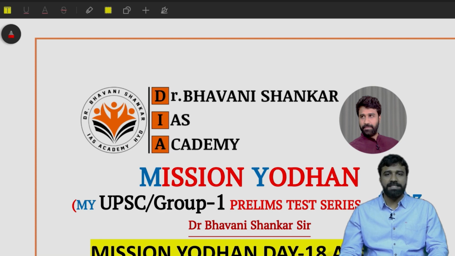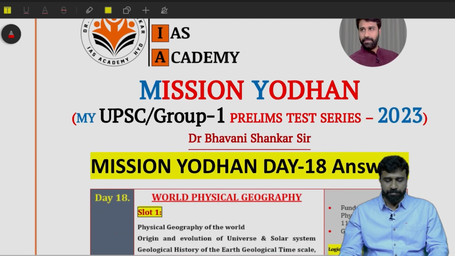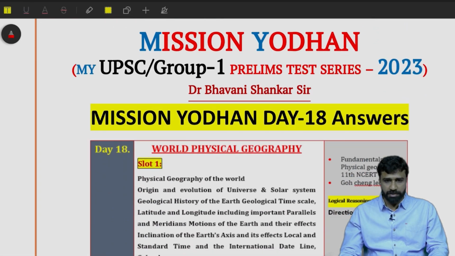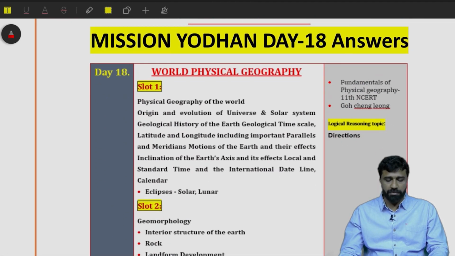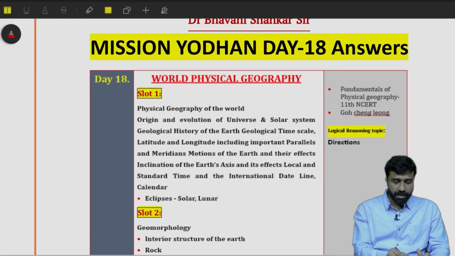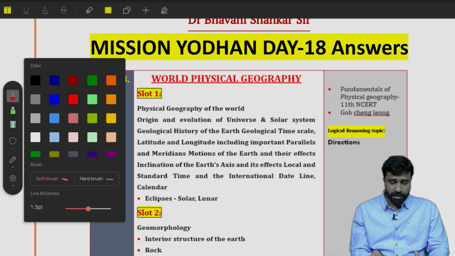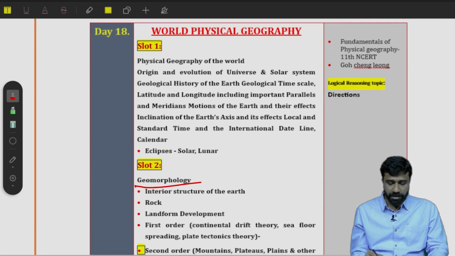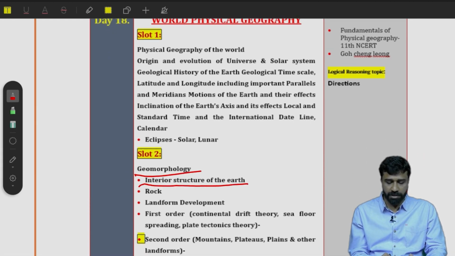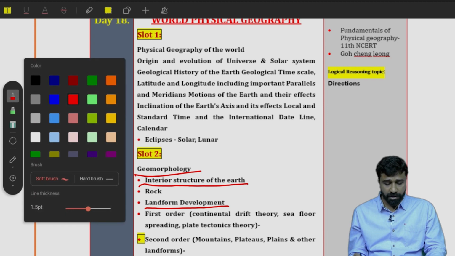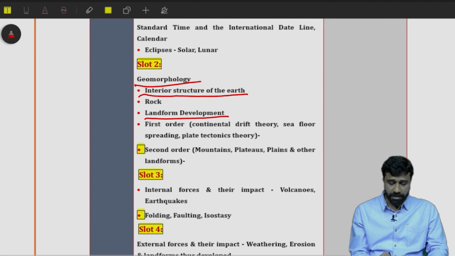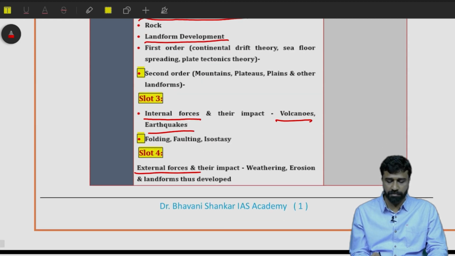We are going to discuss day 18 of Mission YODHAN My Prelims Test Series 2023. In this module, we have world physical geography. In slot 1, we have physical geography of the world and latitude and longitude concept. In slot 2, you have geomorphology and interior structure of the earth, rocks and landform development. In slot 3, you have internal forces, volcanoes, earthquakes, and in slot 4, you have external forces, weathering